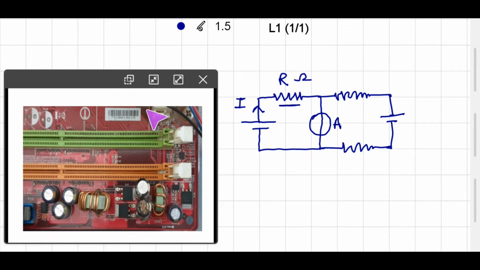So here I've shown you an electrical circuit. It is basically a part of a printed circuit board on which you see that a lot of components are there. These are capacitors, very small, and somewhere here integrated circuits are there, some transistors are there. So in fact the circuit can be very complex. In order to study these kinds of circuits, the knowledge of network theorems is most important.